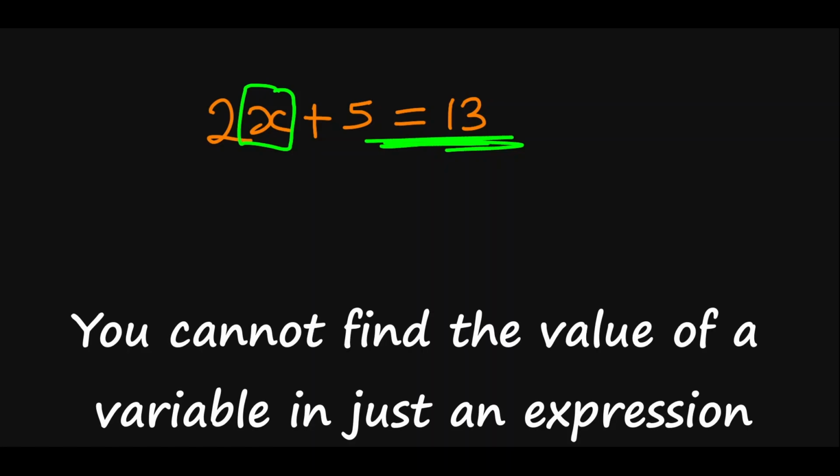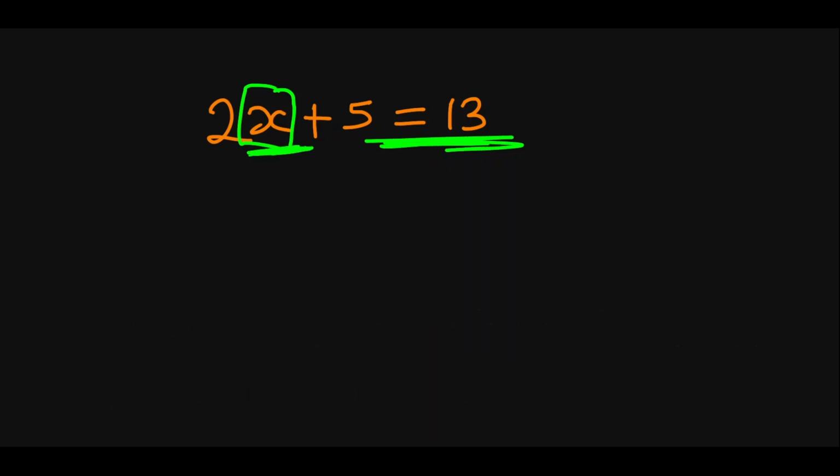This is the reason why it is impossible to find the value of a variable or x in an expression. It must be an equation or something we call inequalities, which we will look at in the next series. But for now, you just have to understand that the value of a variable can only be discovered if you are dealing with an equation, not an expression. Because we are still learning in the Basic Algebra in Full series, we are going to deal with just one variable in an equation. When we get to the next series, Intermediate Algebra in Full, we can start dealing with two variables. But for now, we are sticking with a linear equation in just one variable.